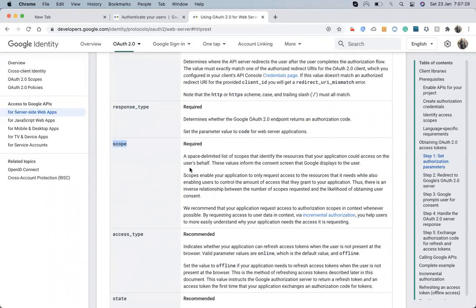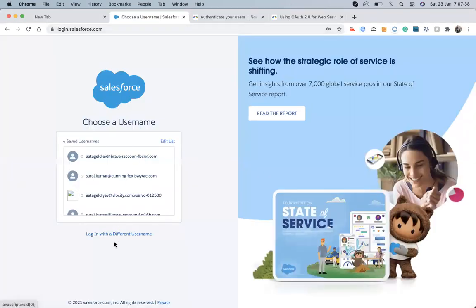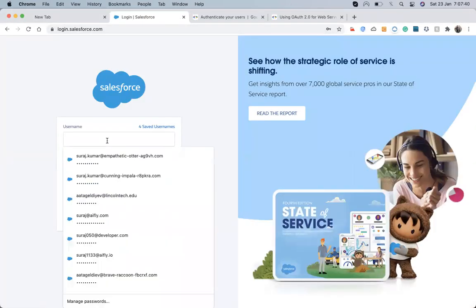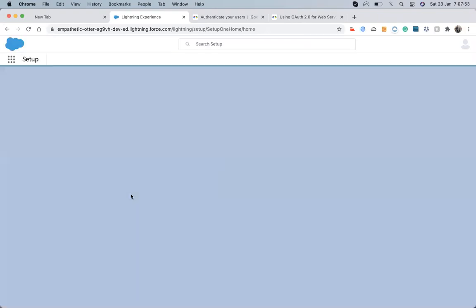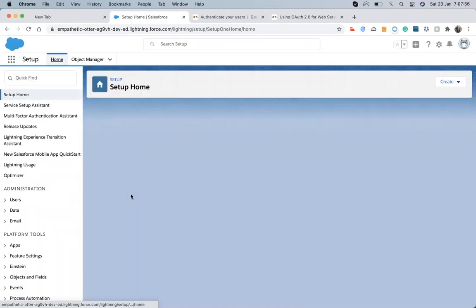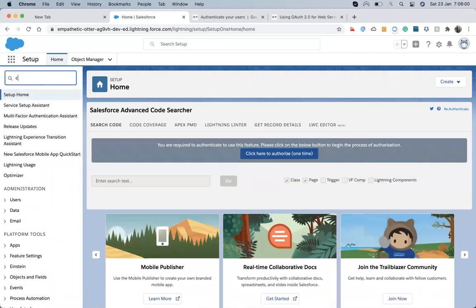In Salesforce, we also have a scope. Let me show you, it will make it clear. Actually, I'm just trying to make the point that the concept is the same whenever we are making an integration with any server. There is no difference in the concept. We have to just generate the client ID and client secret and set the scope. Only the name is changed, but the concept is still the same.